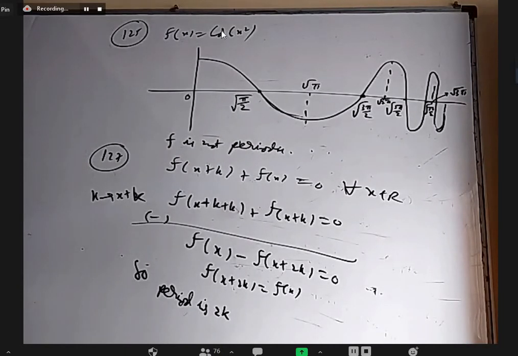So I want everybody to complete up to 44 all the even numbers, and then starting from 101 at least up to 120 all even numbers. Please complete by tomorrow. Tomorrow we'll discuss. After that you have to submit. And based on periodicity, I have two more questions, 129 and 131, which I'll discuss tomorrow.